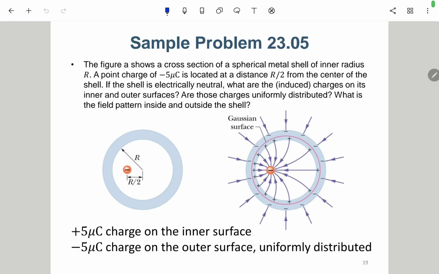Here is another sample problem. Okay, so actually it says the figure, show the figure A. Figure A is, I think, this one. Figure A shows